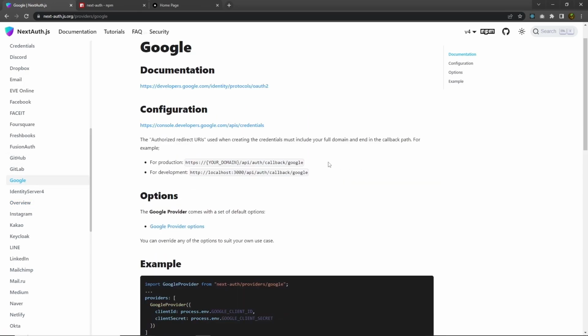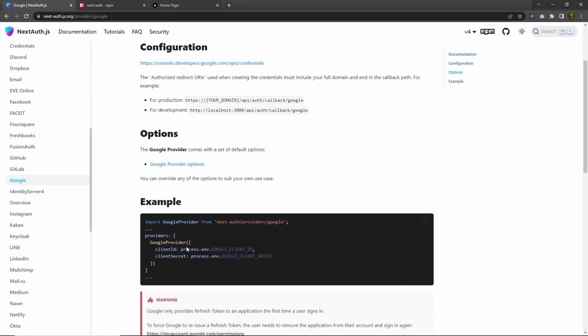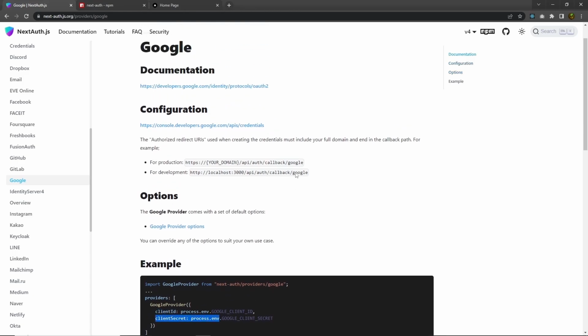So what you have to do is first create an application inside Google and then specify your client ID and your client secret to this Google provider, so the Google provider can authorize the user. To get your client ID and client secret, you have to create a new Google application inside the Google console. So just click on this link,